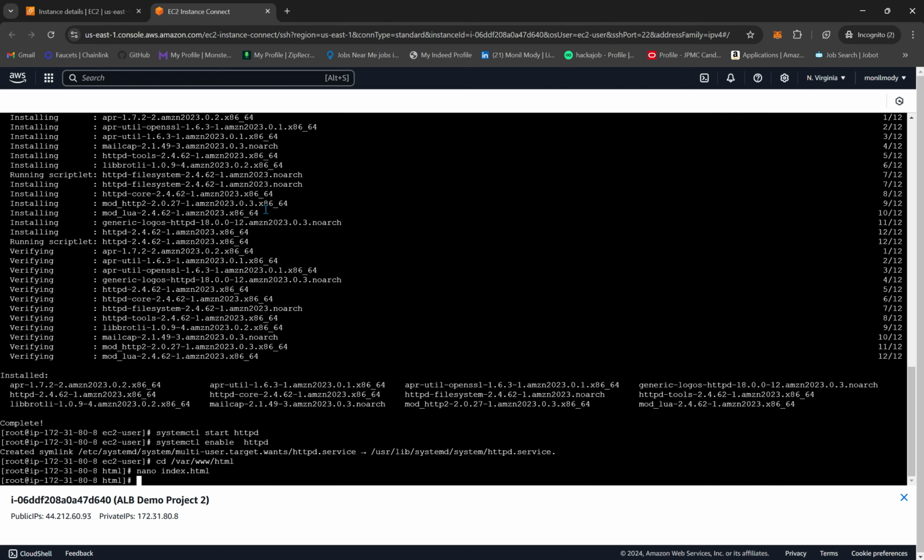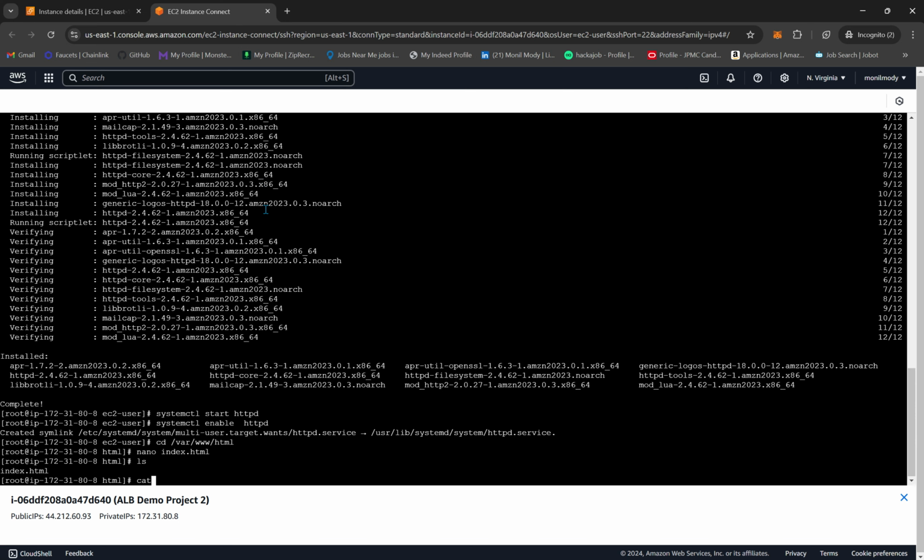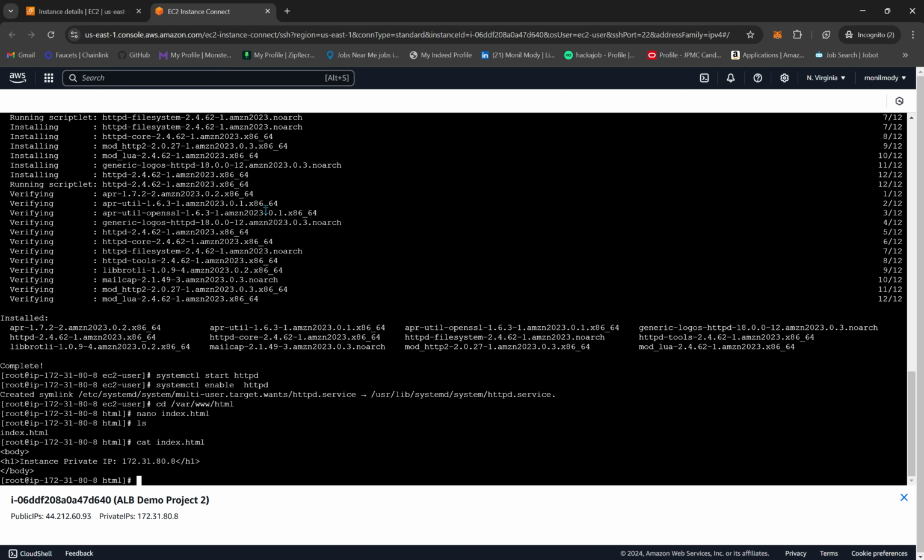Now I'm gonna save it, come out of it, and then do ls, and then we can also do cat index.html to see the contents of the index.html, and we can do curl http://localhost,